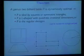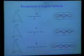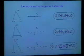OK, so what's left? Well, I want now to revisit, as I start to look towards higher genus, these exceptional triangles I mentioned. So on the left-hand column here, you see 3 special triangles that were discovered by Vorobets and by a computer search of Kenyon and Smillie, which were proved by hand to be dynamically optimal. Well, here's how we understand those examples now, due to an insight of Leininger. Associated to each of these examples is a Coxeter diagram. And from these Coxeter diagrams, you draw a configuration of simple closed curves on a surface. As you can see, the red and blue curves there meet in the same configuration as the nodes of the